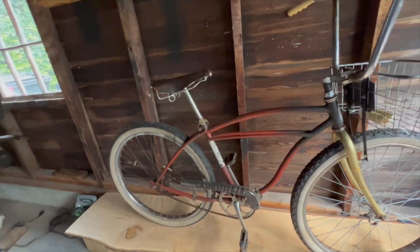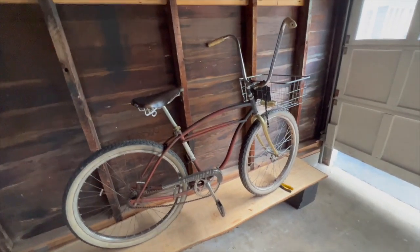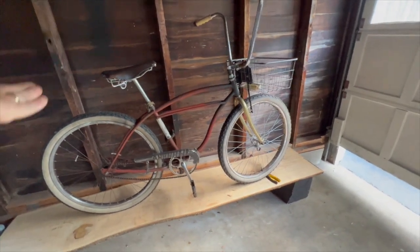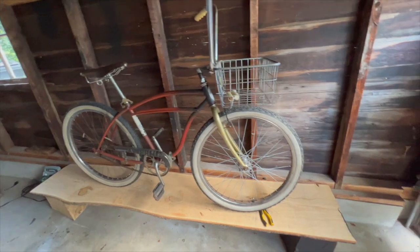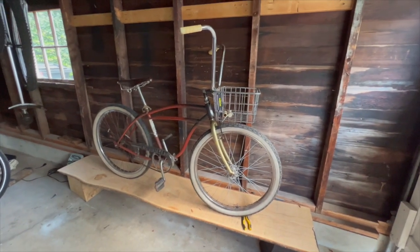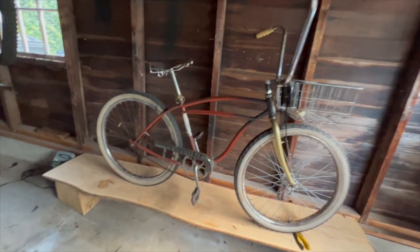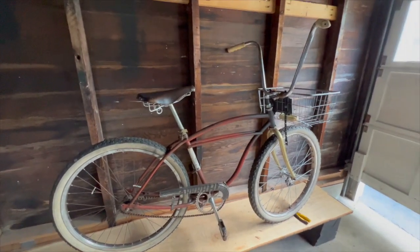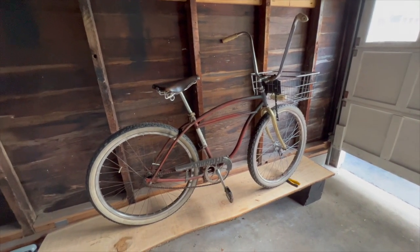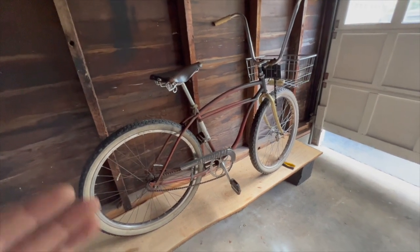Okay, speaking of basket bikes, this is my 1961 Schwinn Tornado. I've had this bike longer than any other bike that I own. Probably 20 years. I think I've had it since I was a kid. I actually found it in a dump. I was going to the dump one day as a kid with my dad, and we were following this pickup truck that had probably 15, 20 vintage Schwinns in the back, and that truck dumped them all off at the dump. As soon as they hit the pile, I just took them all and put them in my truck. So that's where my love of vintage Schwinn started, with that initial horde that I came across